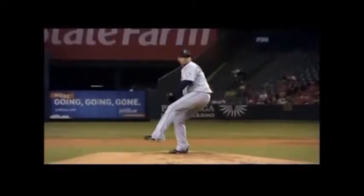All right, so here we got the king, Felix Hernandez, going through his delivery. Real unique kind of style where he gets coiled up and loaded up in his leg lift, almost towards second base. Not something a lot of guys would teach young pitchers. But again, we're looking at guys with different styles, and you'll see the same things with all these big league pitchers. The key things that you see is that early momentum, and then as we move into that next move,